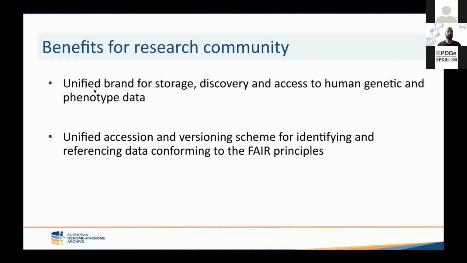Benefits for the research community: unified brand for storage, discovery, and access to human genetic and phenotype data through the central EGA, and unified accession and versioning scheme for identifying and referencing data conforming to the FAIR principles. So the metadata will stay unified on the central EGA, and the data will stay secure in the local storage.